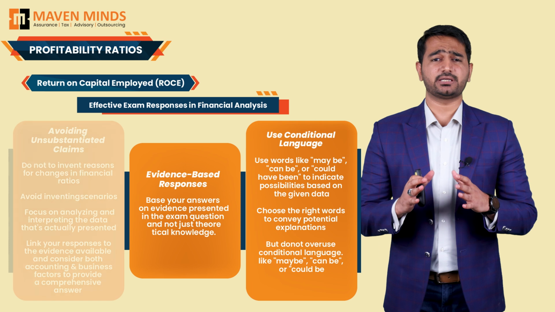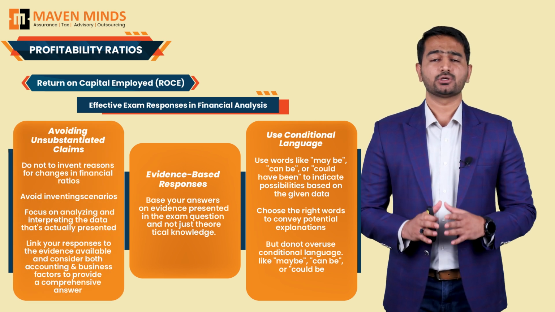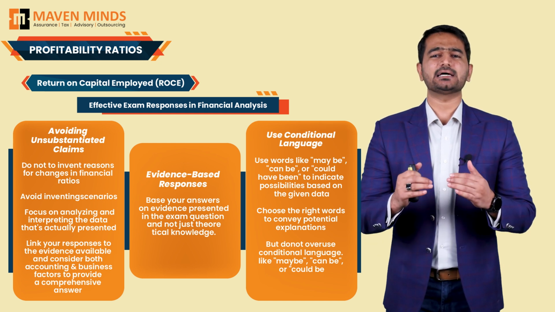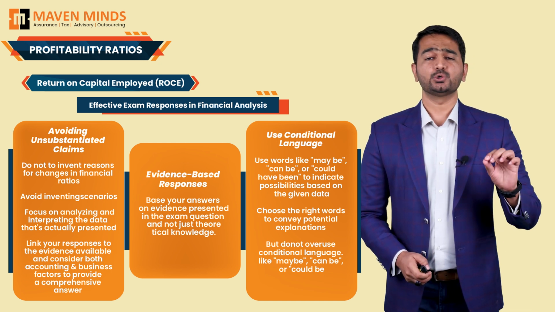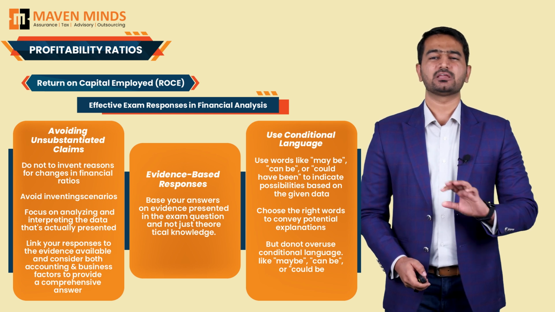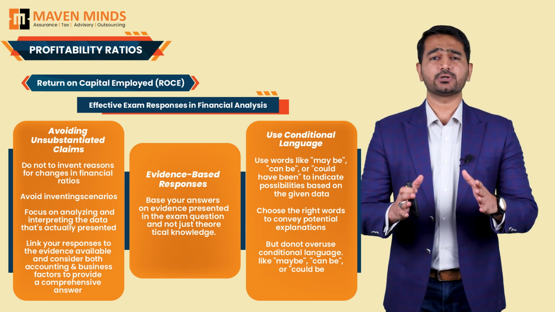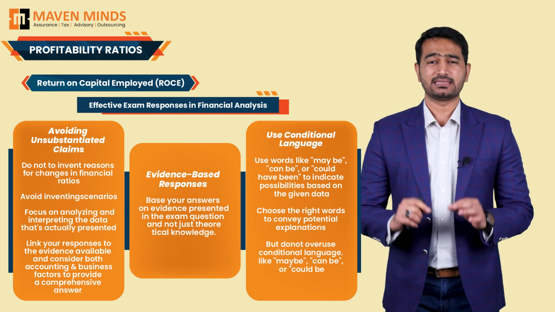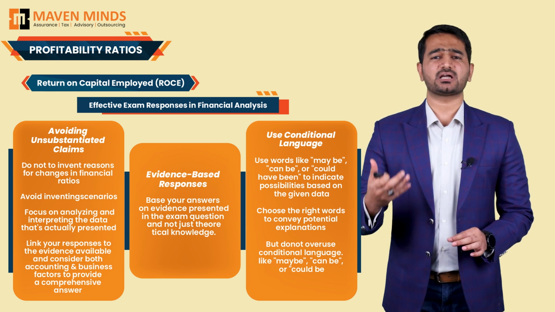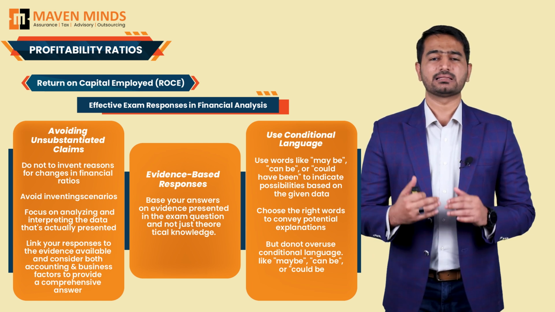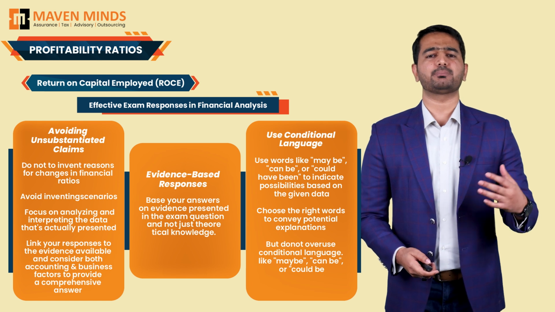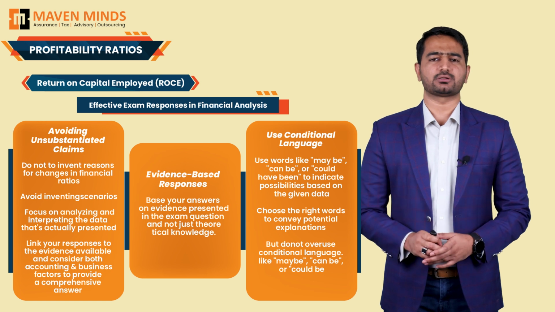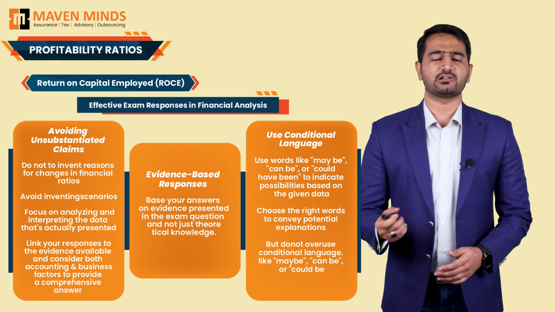Avoid making unsubstantiated claims. Always ensure that your assumptions are supported by hints or evidence provided in the exam material. Otherwise, your answer may appear speculative without reasonable basis. Therefore, it is important: do not invent reasons for changes in financial ratios. Instead, you need to trace specific accounting transactions or balances that led you to make an assumption about what might have happened. However, if you don't find any indication in your question, avoid inventing scenarios by yourself while writing your